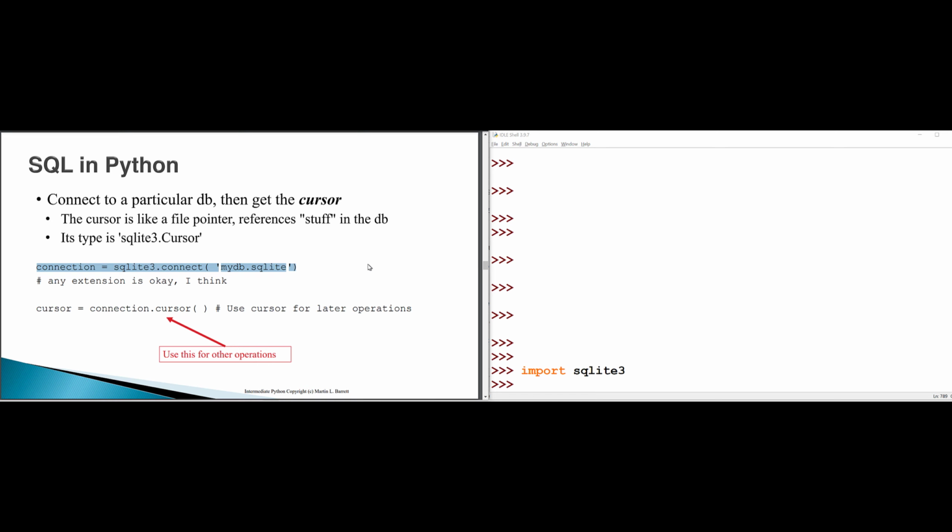All right, so here the database name is mydb.sqlite, and this database does not already exist. I have not created this database yet. So the first time I connect to this database, it's actually going to create a database with that name. So I'm going to make a connection to